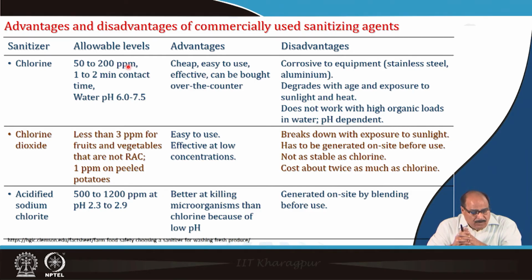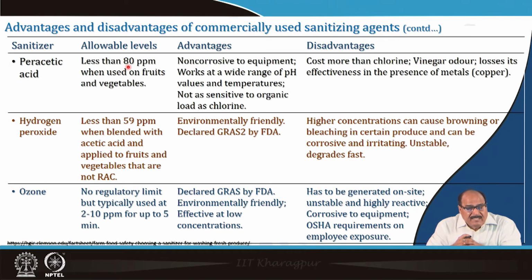Acidified sodium chloride: its recommended level may be 500 to 1200 ppm at pH 2.3 to 2.9. It is better at killing microorganisms than chlorine because of the low pH, and it is generated on site by blending before use. Peracetic acid: its allowable level is less than 80 ppm when used on fruits